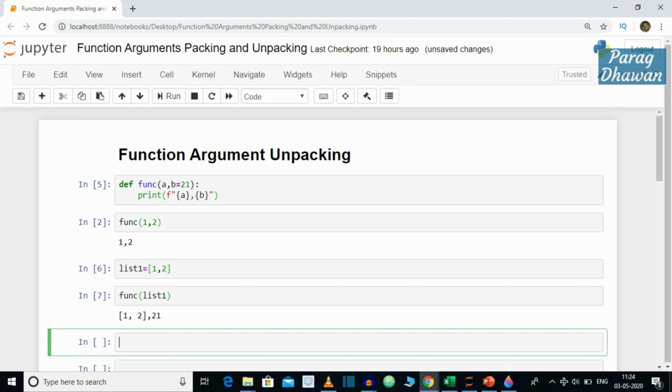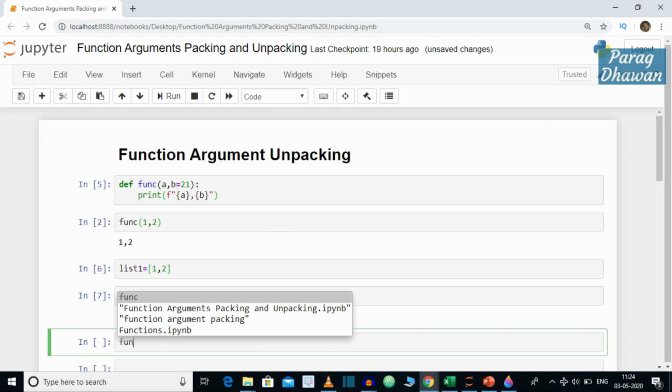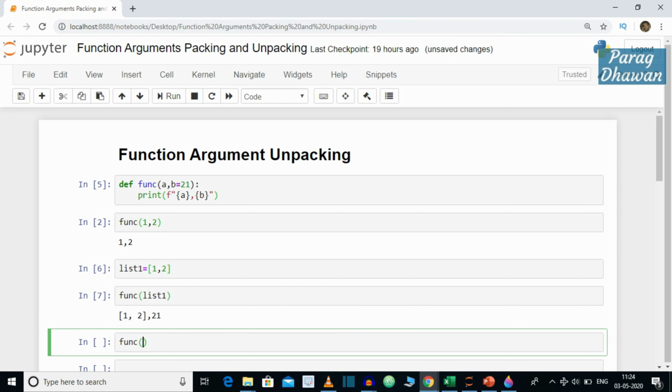If you want to pass the list elements individually, you have to unpack the list. It is unpacked using the star operator: func, star, and the argument which is to be unpacked. In this case we have to unpack the list, therefore star list.